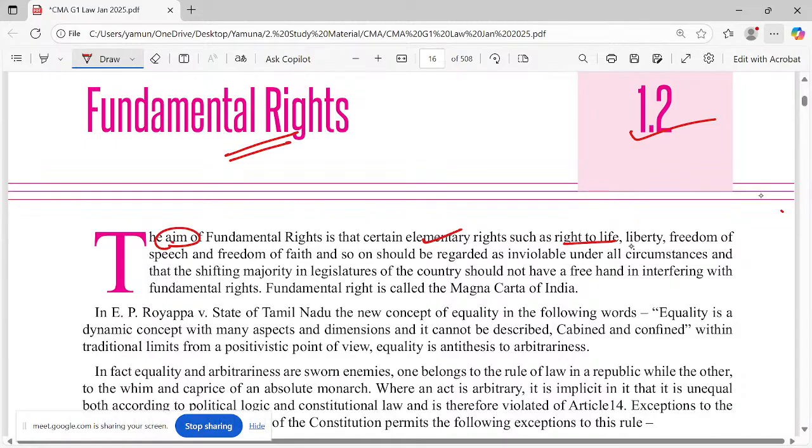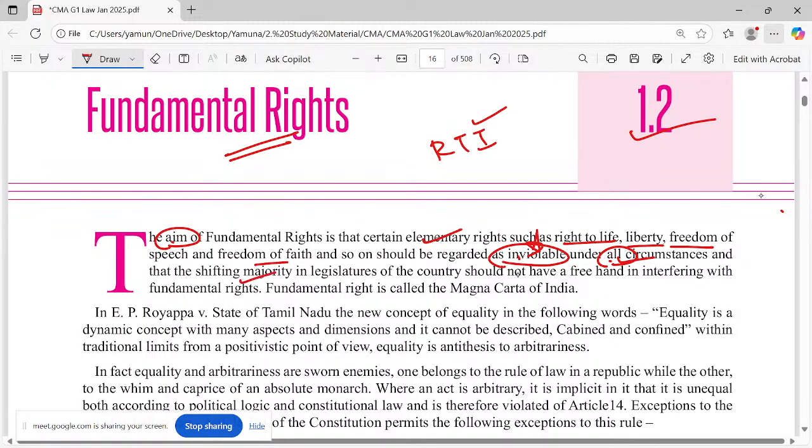Suicide பண்ணிக்க முடியாது. Liberty, freedom of speech, freedom of faith, and so on are regarded as inviolable. Please highlight inviolable. Inviolable ஆனது எனக்கு இருக்கிறதால வேண்டாம் சொல்லவே உங்களுக்கு ரைட்ஸ் இல்லை. You cannot waive it. ஓகே, எனக்கு freedom to right வேண்டாங்க, freedom to live வேண்டாங்க, freedom of faith வேண்டாங்க அப்படின்னு சொல்ல முடியாது. We have something called RTI, right to information. எனக்கு information வேண்டாங்கன்னு சொல்ல முடியாது. நாங்க கொடுக்கணும், எடுத்துக்கணும். It's your right, you cannot waive it under all circumstances, not only specific.